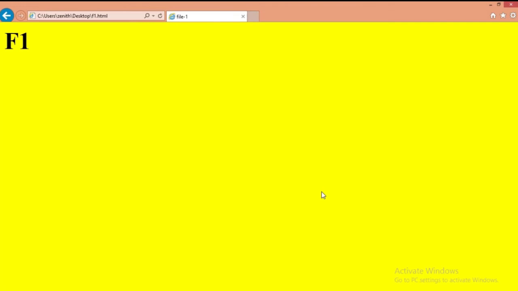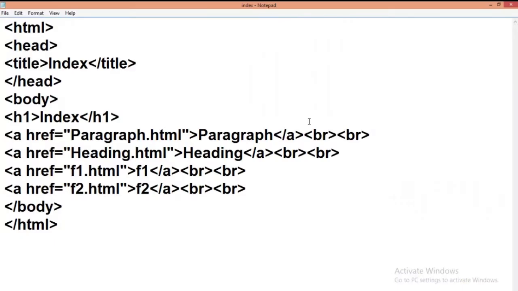Now let us see. I am using just the file name and extension of the file in the value of the href attribute. It is a relative address.